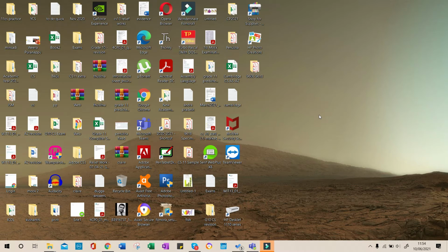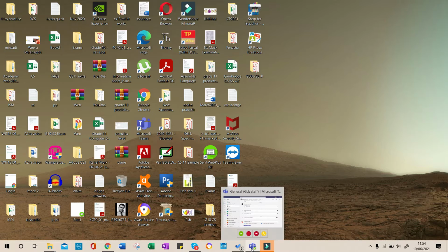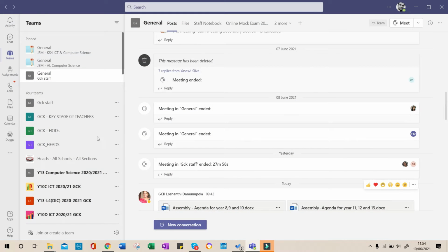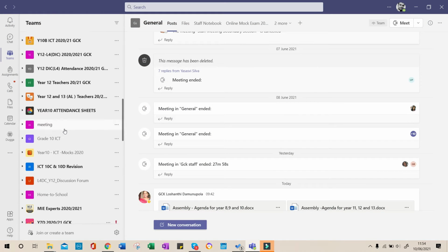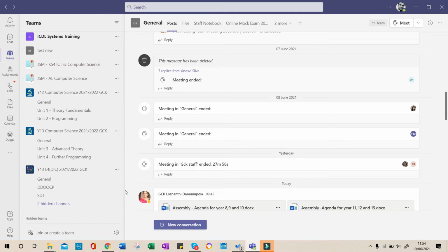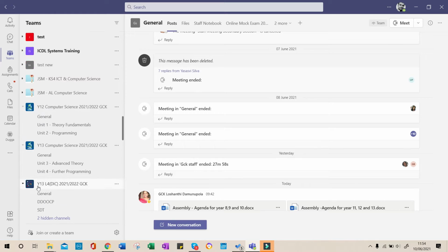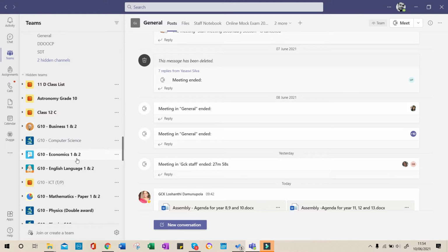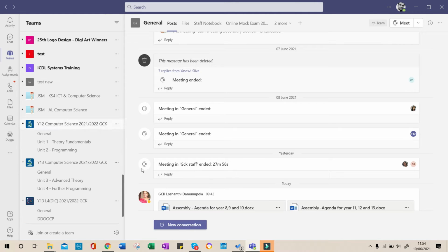But when you're archiving, the team becomes inactive. We also have an option to hide the team. Now when you hide, it will just get grouped right here, right? And here the advantage is that you can go through them anytime you want, and they are still active. They just get categorized under hidden. But if you archive, it won't be shown here. Then you have to go to a separate section and restore them or unarchive them.